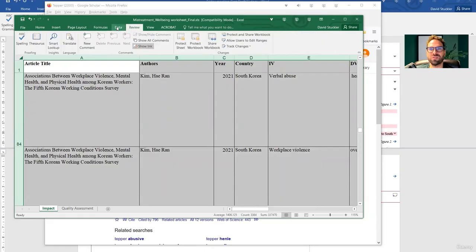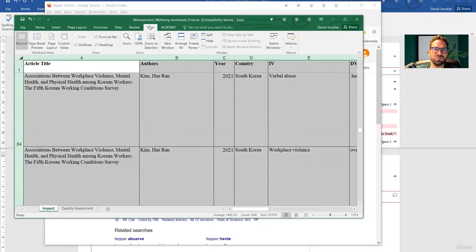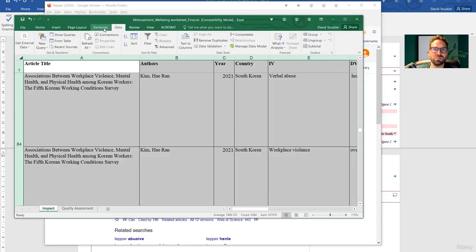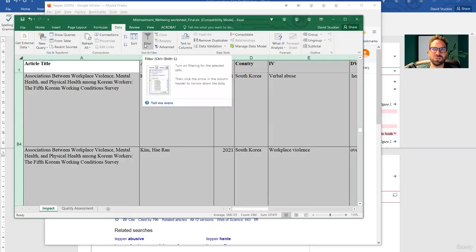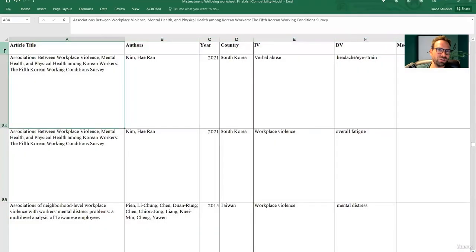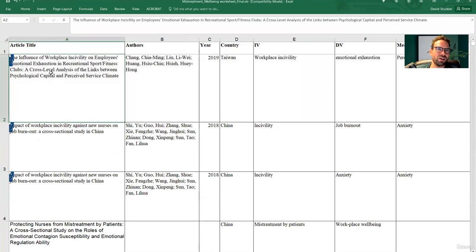I think you got some filters on here. Yeah, so I need to figure out how to unhide some of this. Looks like there was a filter. You've done something that, okay, now I think I've gotten rid of it.